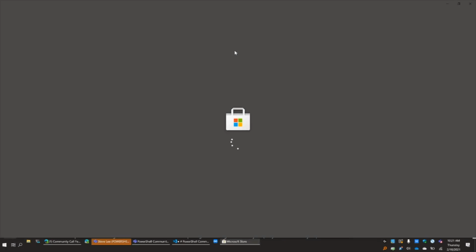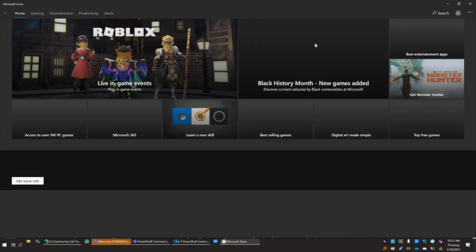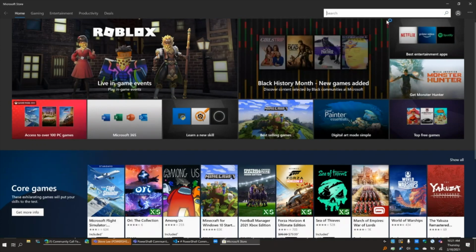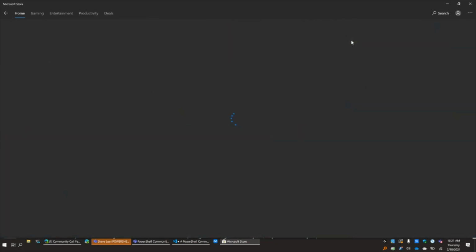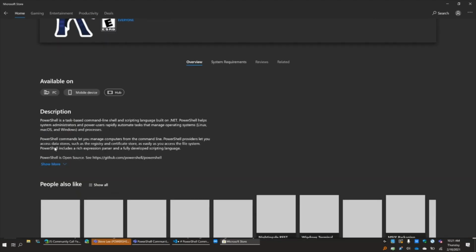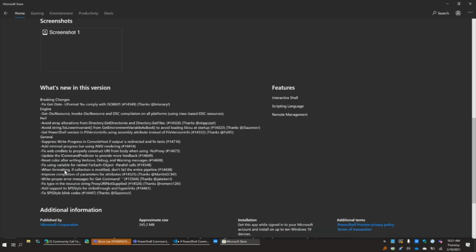So yeah, if you haven't already, do check out the Microsoft Store. There is a PowerShell and PowerShell preview inside of this. I'd love to find out if this is helping you deploy PowerShell at scale, especially to your Windows 10 machines in your environment, whether those are dev boxes or customer machines where you're using PowerShell 7 as an agent. We do have both of these. If we pop over to PowerShell preview, for instance, you can see that I would hope at least that we are updated to